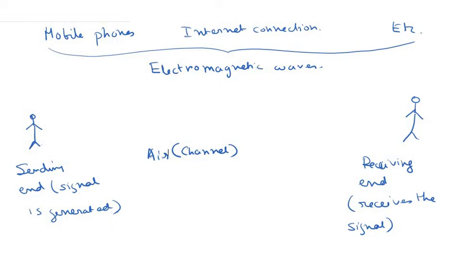For example, the DTH connection in your home, it actually captures electromagnetic signal from the air. So there is a sending end which disperses this electromagnetic signal in the air for your DTH connection, and then the DTH antenna actually receives this electromagnetic signals from the air, and this air is the channel. So whenever the signal is propagating through this channel, it is likely to get interfered by other signals.